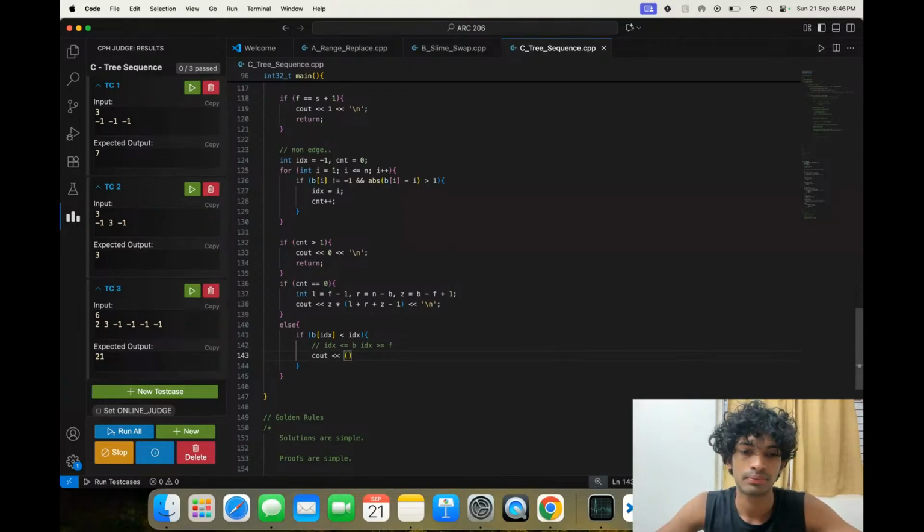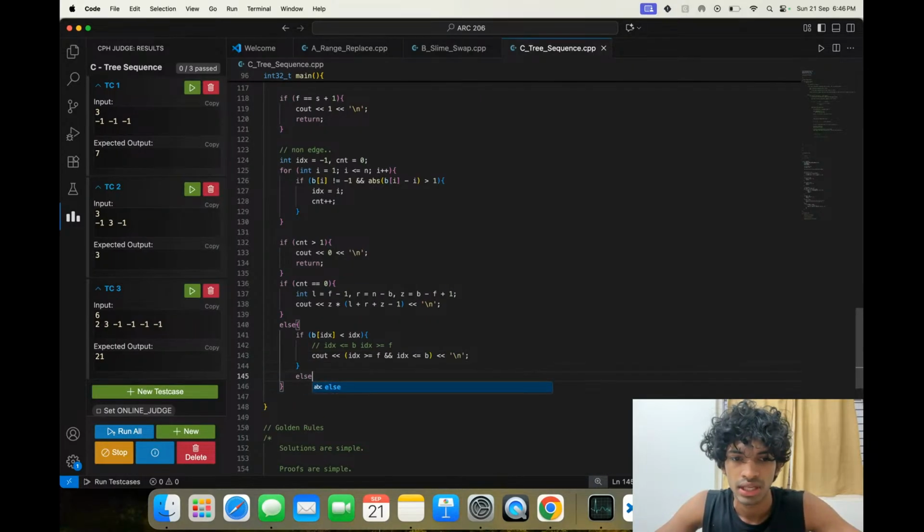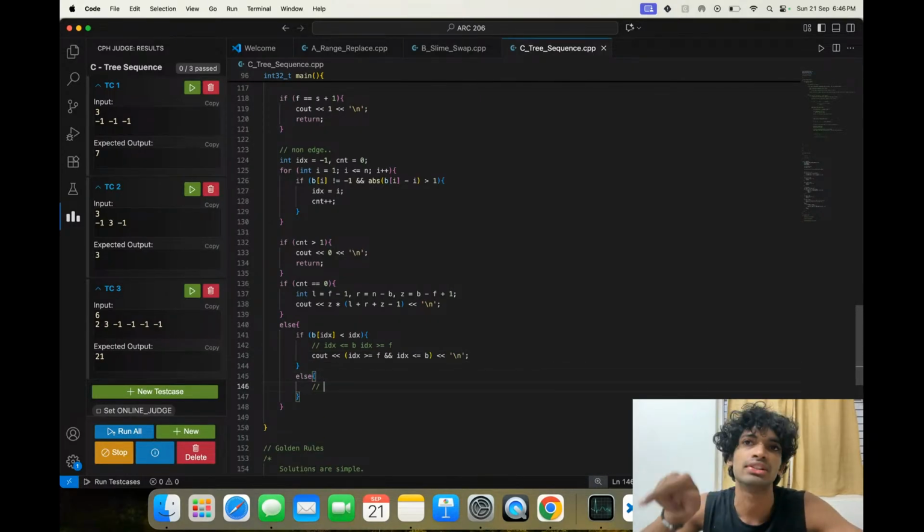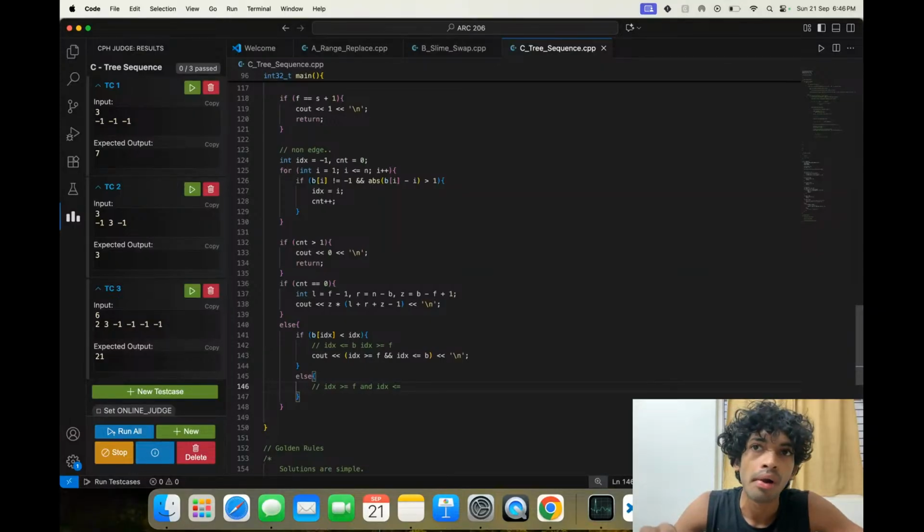So cout idx greater than or equal to f and idx less than or equal to b. Else, in this case, forward edge, it must be idx greater than or equal to f and idx less than or equal to b.